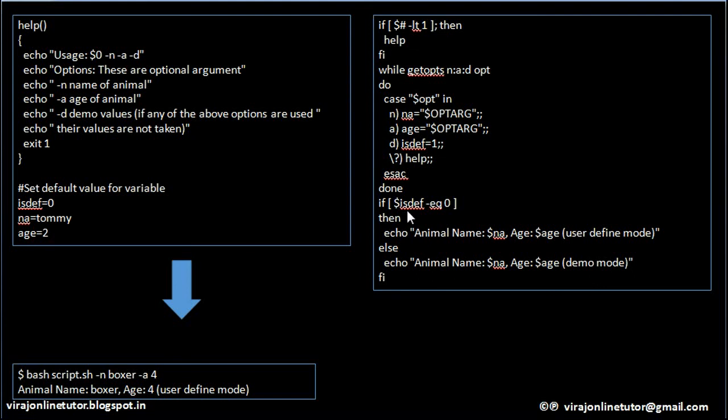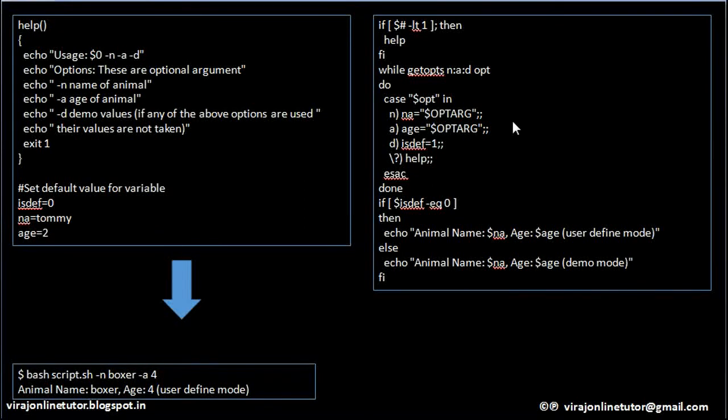Now it is checking what is the value of each def. Each def is 0, right? So it will print this line on the screen saying animal name. What is the content of NA? Content of NA was boxer, which was supplied by the user. Age. What is the content of the age variable? Content of the age variable is 4, which was supplied by the user and saved over here.